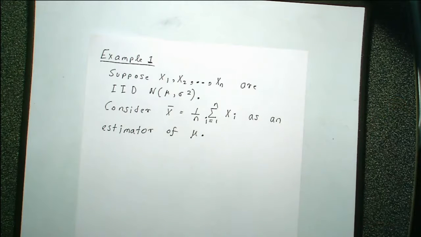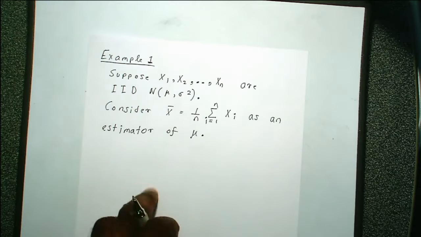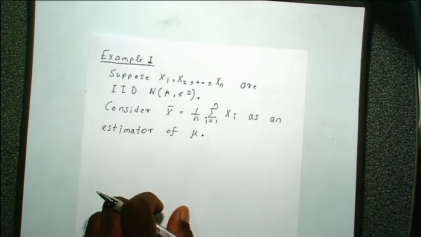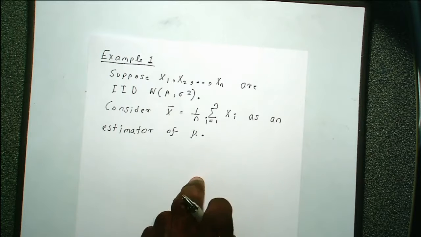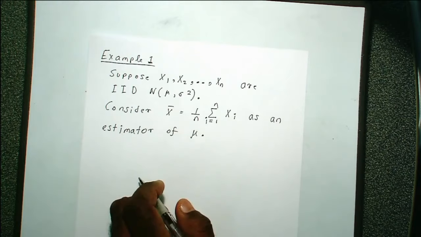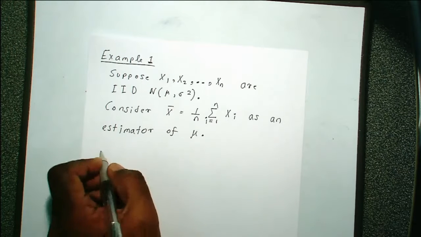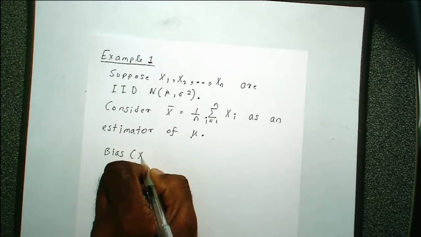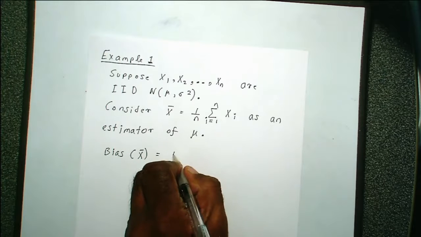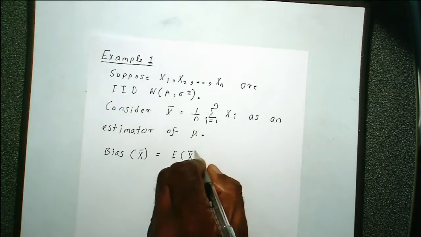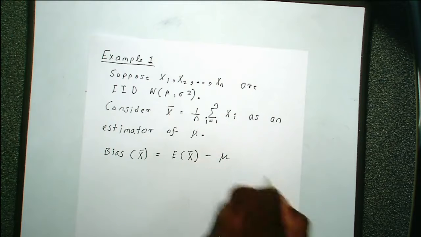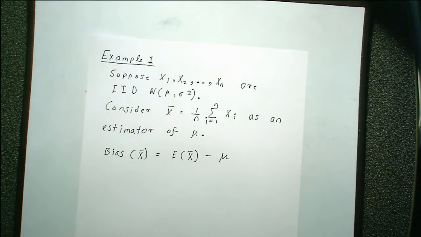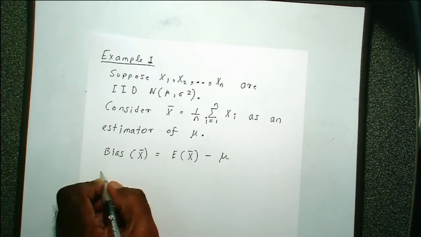All right, so you have a random sample from a normal distribution, and let's suppose that the sample mean x bar is an estimator for mu, the population mean, right? Now we want to derive the bias and the MSE. All right, first let's consider the bias. Remember, the bias is the expectation minus the parameter, right, which is